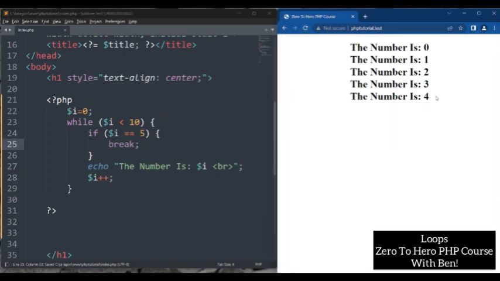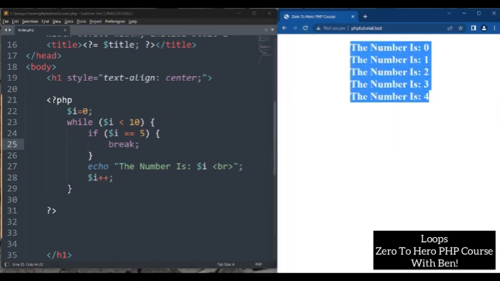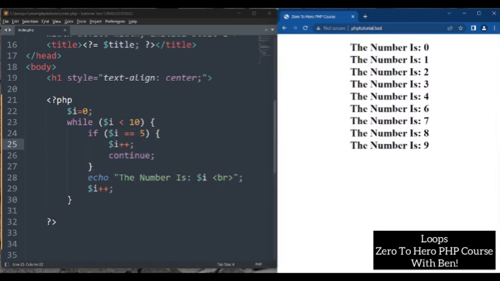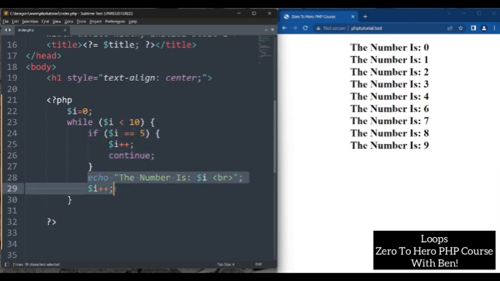And you can see here that it has actually broken out of this loop once it got to 5. For this, use the continue statement. To use the continue statement, you have to increment the value before you continue. Okay, you have to increment the value after your if block, then you continue, and then you output your value and increment it. So that is what is playing out here in this code. We're using the while loop